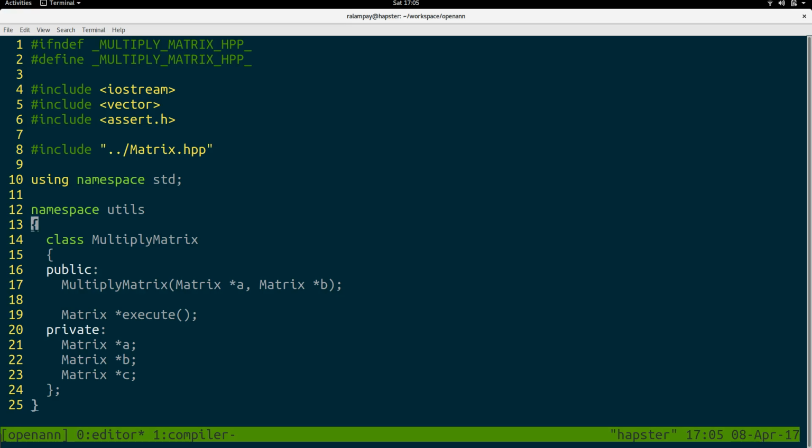In this case, I need a function called multiply matrix, and I know there are a lot of libraries out there that do matrix multiplication in probably a more efficient manner than mine. However, again, this is for academic purposes, so I'd like to study the very fine details on how things actually move around a particular algorithm or a concept. So